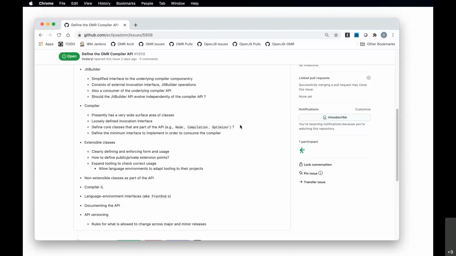But perhaps that set is a bit larger than it actually needs to be. I think that as part of the API, we need a better definition of the semantics of all the different components of the IL.